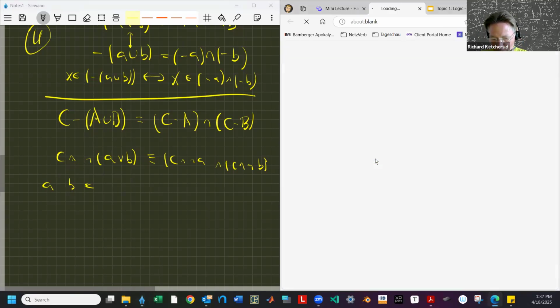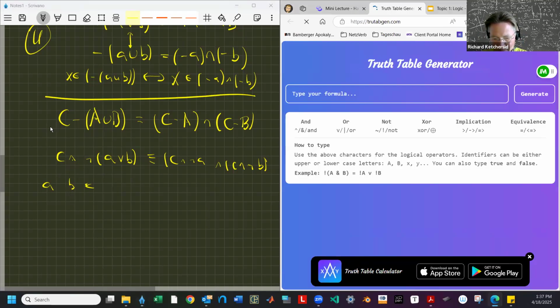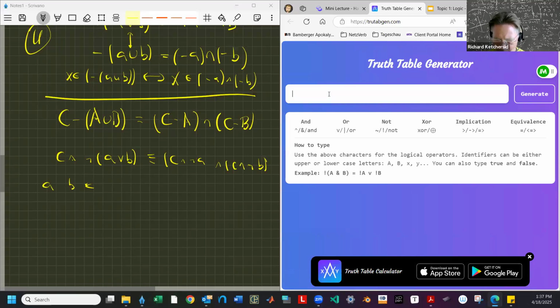So here's a tool that just does truth tables for you, which is kind of nice. Now you have to look at the language and see how to write things. I can use negation for not, or I can just type not. I haven't tried all the options here, so you might. Oh, I guess you can use the caret for and. Anyway, you can try typing things in various ways. But what I'm saying here is C and the negation of A or B